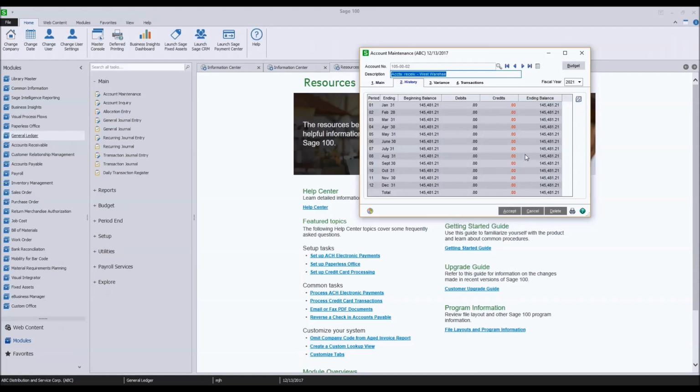So I see some discrepancies. A place to start is to look for activity that did not affect both detail and GL. That kind of makes sense for everybody. So those are some things that I look for when I go through period or year-end activities.